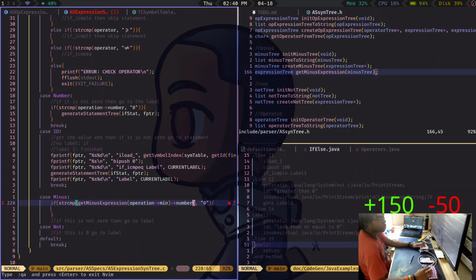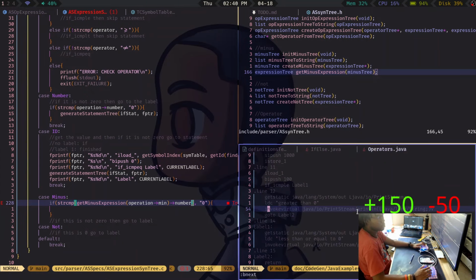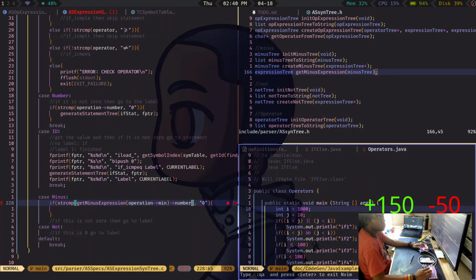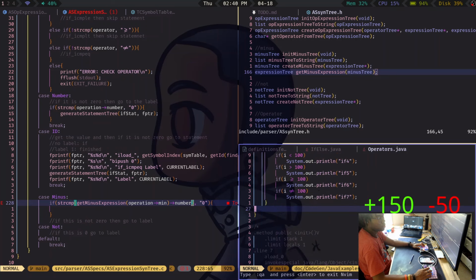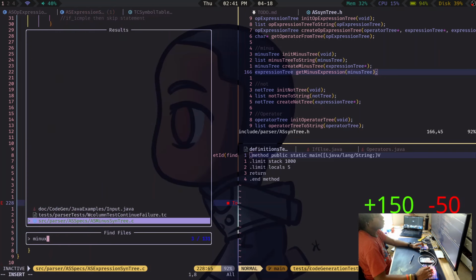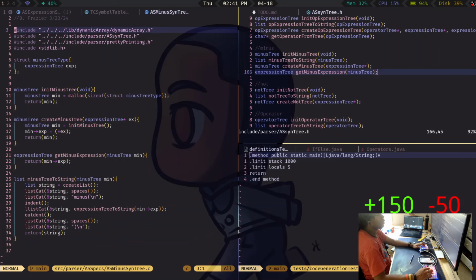Okay, let's be smart and just test it. This is a smart way, because the problem with this is that this can have multiple things within it.